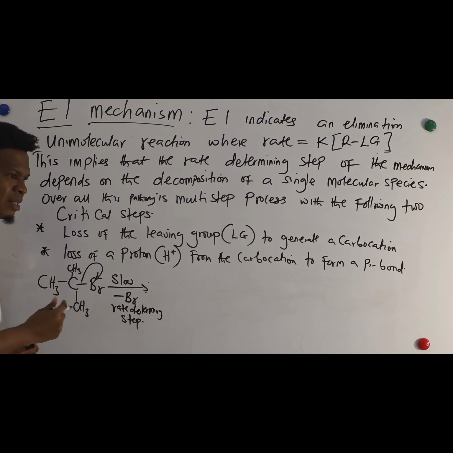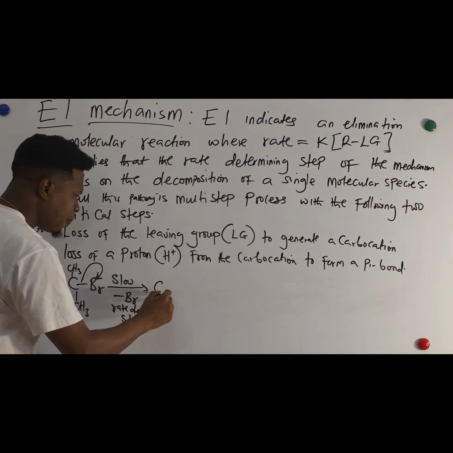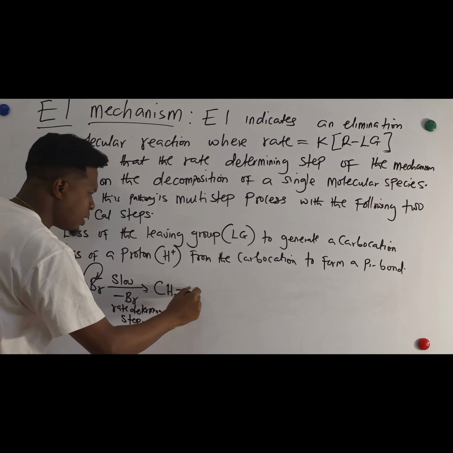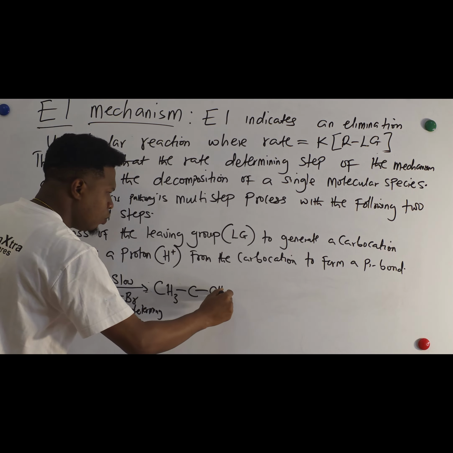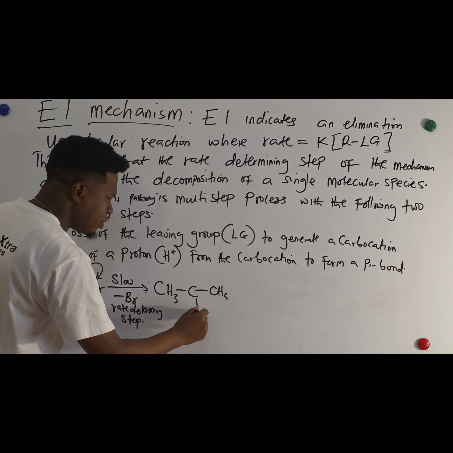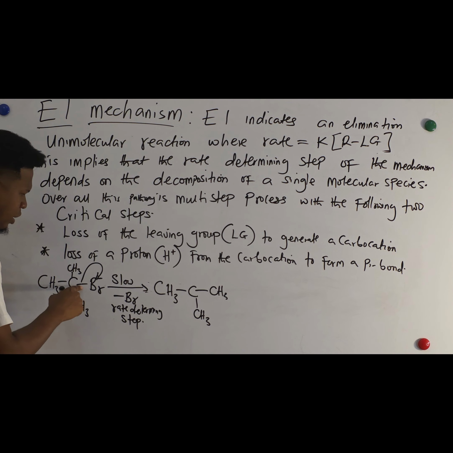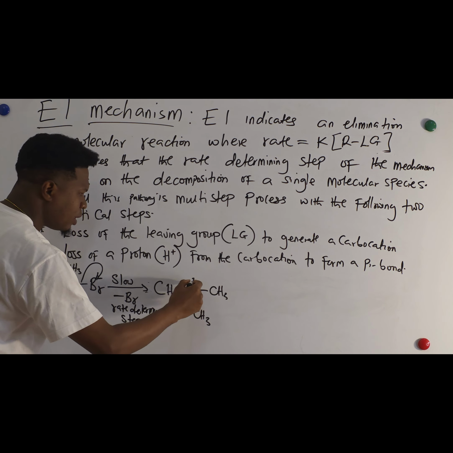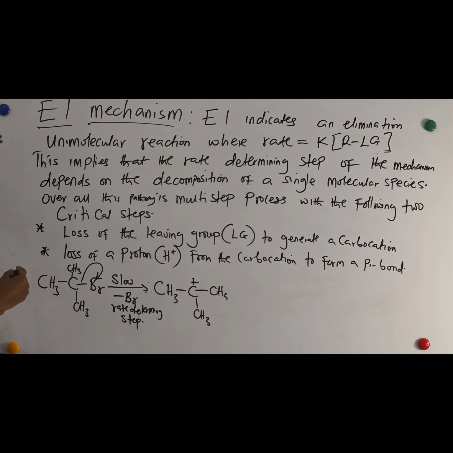The rate determining step takes time, it's a slow step. So when this guy leaves, what happens? A carbocation is formed. Is that not so? Watch, I just rearrange this, okay? A carbocation is formed. That's a positive charge is formed here. Is that not so? So if a positive charge is being formed here, the next step for this reaction is